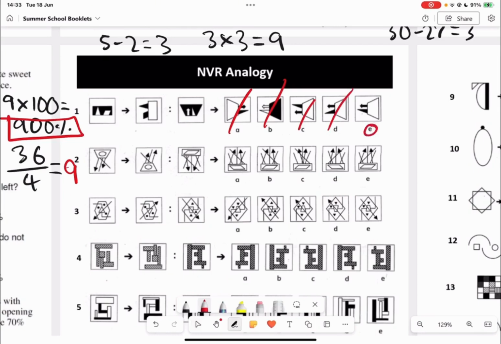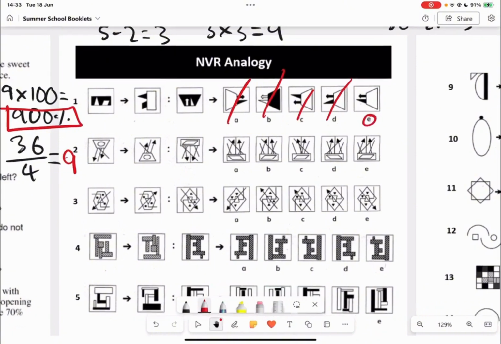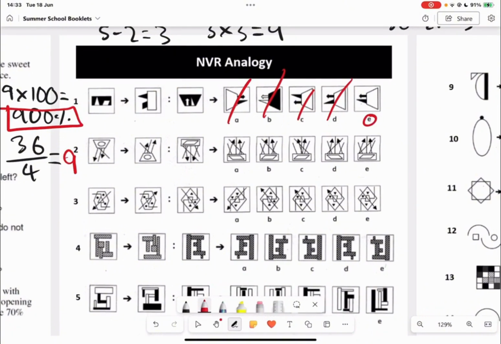Okay, then we look at question 2. So in this shape, our rhombus or our trapezium has reflected along the x-axis, which is this line. And what we're doing with that is the arrows are then pointing in the opposite direction, and all of the lines have been altered, as in they're pointing in the opposite direction. So given that, we know that our answer